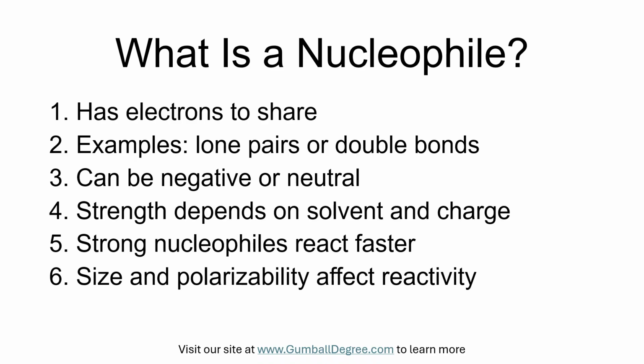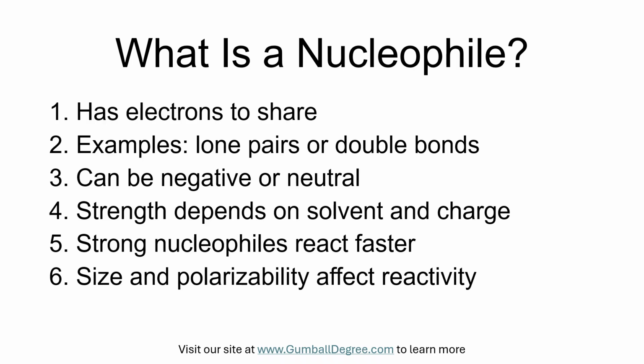electrons in a double bond, and it uses those electrons to form a bond with an electron-poor atom called an electrophile. Nucleophiles can be negatively charged or neutral, and their strength depends on how available those electrons are, which is influenced by things like solvent, charge, and how tightly the electrons are held. A strong nucleophile readily donates electrons and reacts faster, while a weak nucleophile holds on to its electrons and reacts